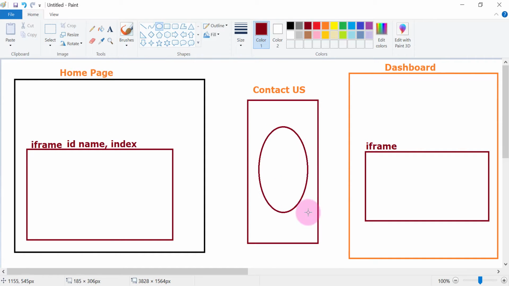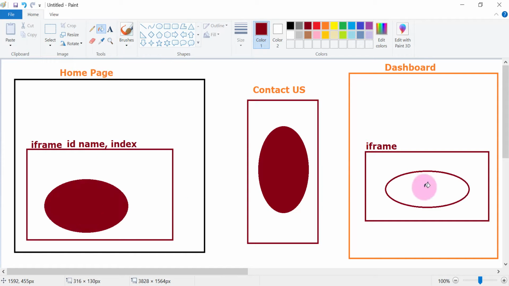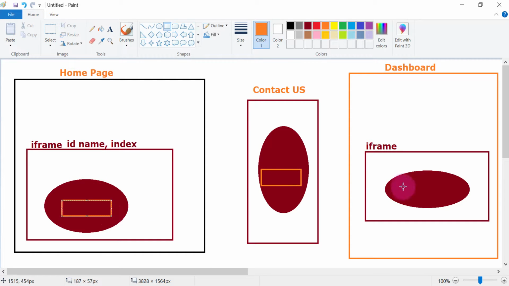So let's say contact us page contains this information. Okay, so whatever information is available on this contact us web page is going to be available on this other web page. As we have embedded it, the same information will be available on both these pages. You don't have to write it again. So the same information will be available. So in case you want to change something on the contact us page, you just have to change it here, right? So if you want to change some kind of information, you will change it here, and the same change will reflect automatically on this web page. You don't have to write it again or change it again on the separate web pages.